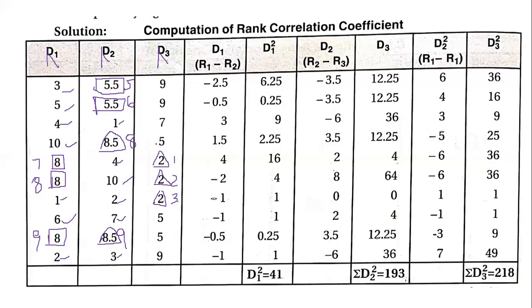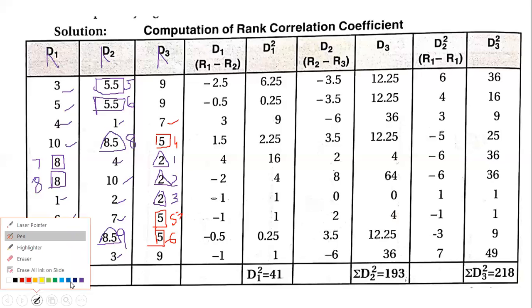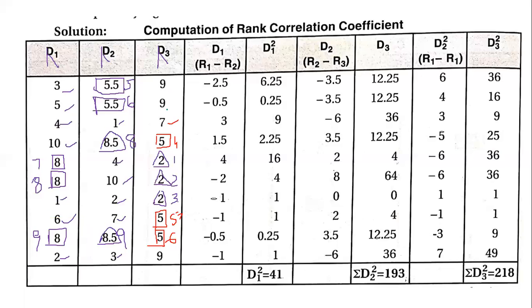So for 5, we will give the square like this. So this will be 4, 5, 6. Okay, rank 4, 5, 6 together is giving us the rank here. Now after 5, 6, the next rank is 7. 7 is there, so no problem. Then again going on further, the next number that we have is 9. So 9 is repeated 3 times.